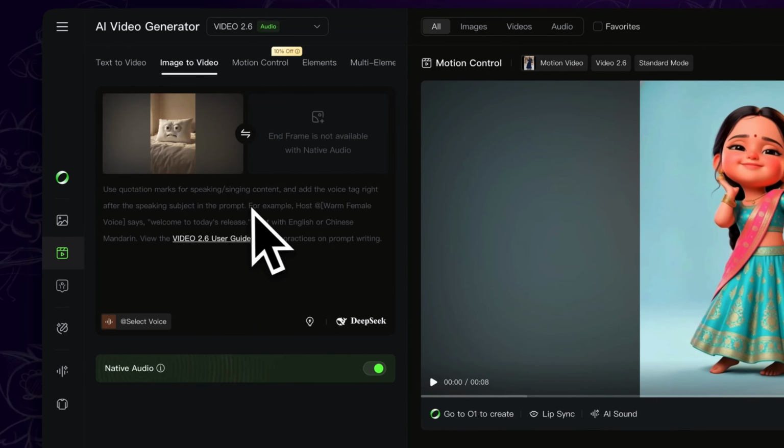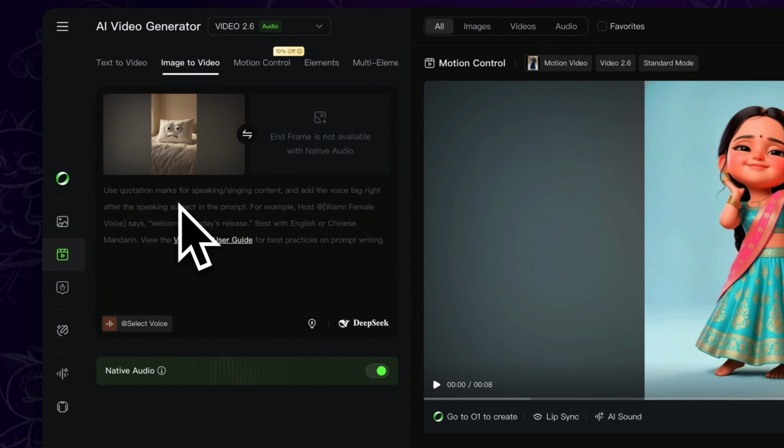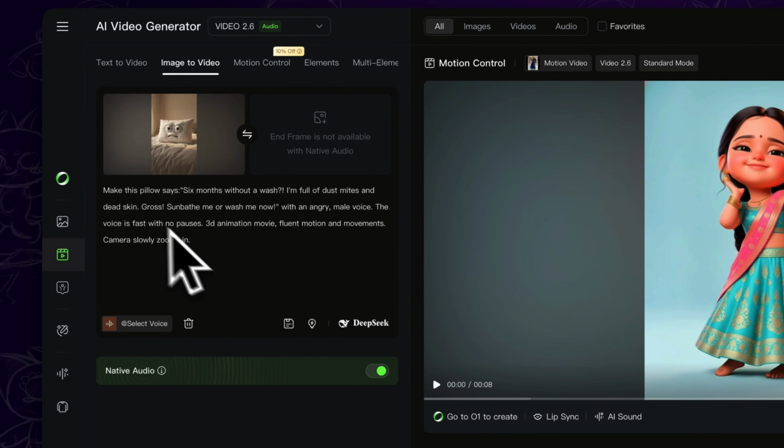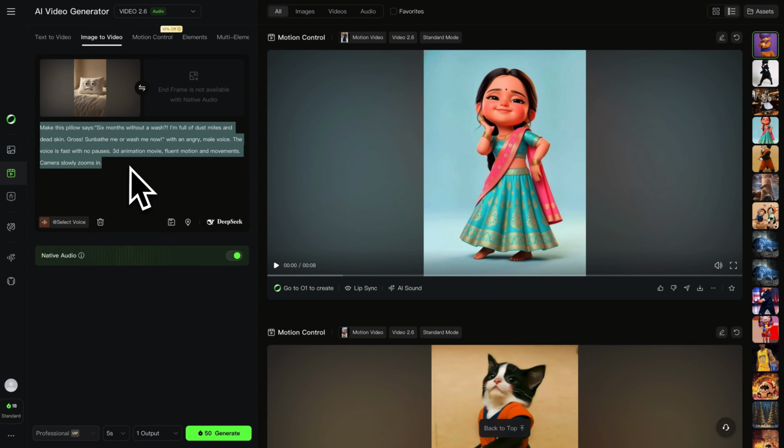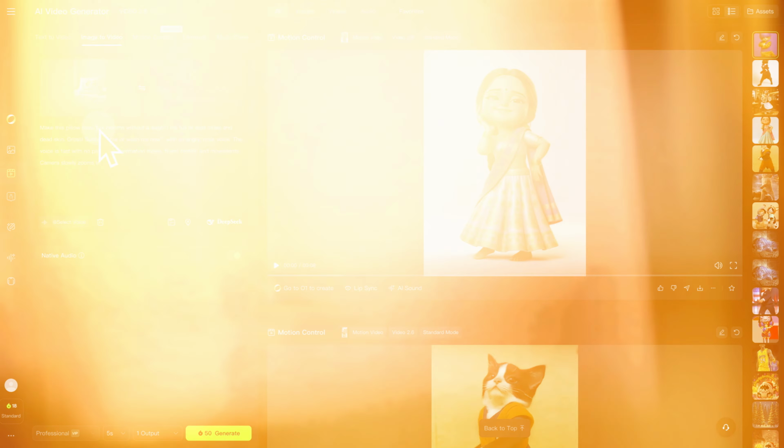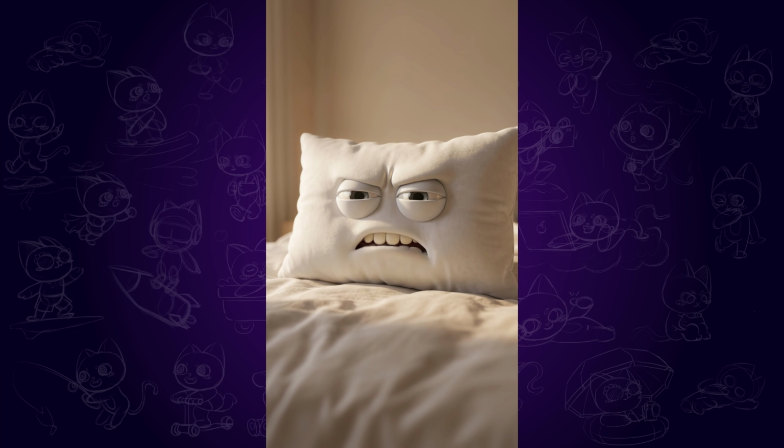Again, we want to type in the video prompt in the box. I will also put my video prompt in the description. You can simply customize it yourself. Click on Generate, and when it is completed, we can have the object explaining how to use them properly video